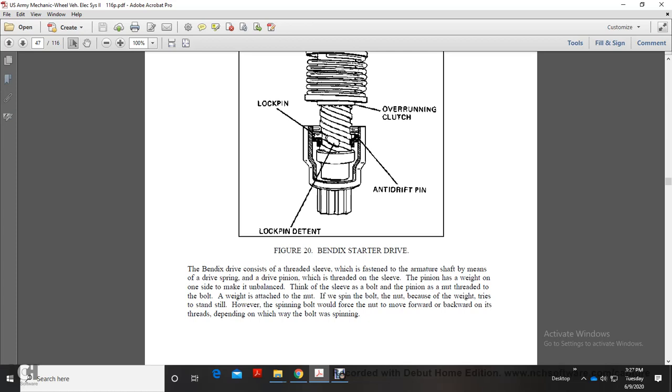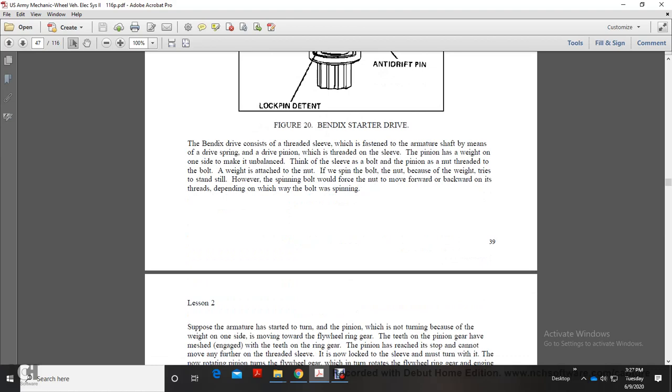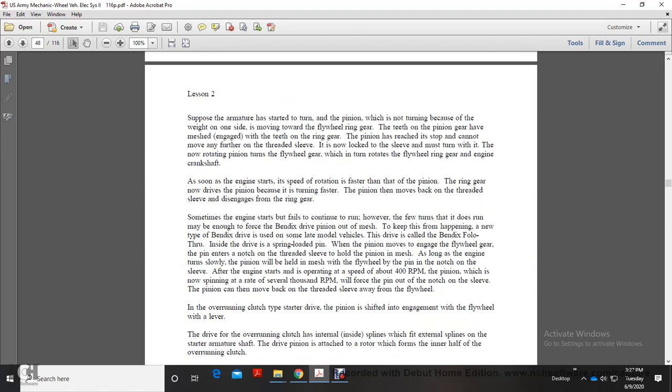When we spin the bolt, the nut becomes the weight that tries to stand still. However, the spinning bolt would force the nut to move forward and backward in the threads, depending on which way the bolt was spinning. Alright, suppose your armature has started to turn. The pinion is not turning because of the weight on one side of it, so it moves toward the